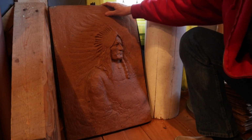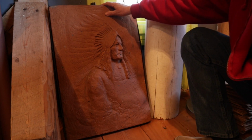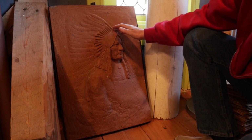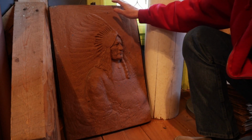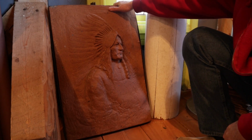Now this incredible piece here is actually by Edward Kemmies. He was a very well-known American sculptor, and this is his work of Sitting Bull. He did a large bronze off of this, and he lived from 1843 until 1907. How this piece ended up here in Nova Scotia is still a bit of a mystery, but it did